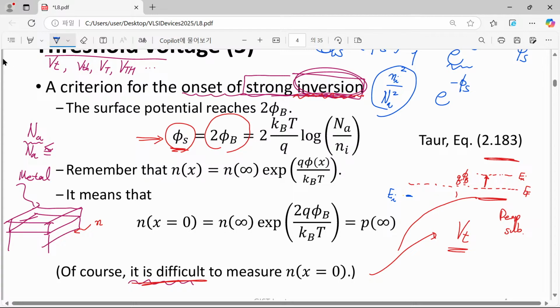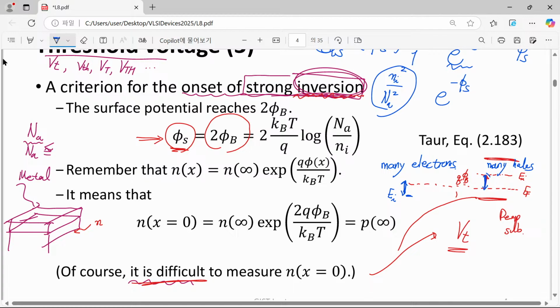In this case, if this energy difference and this energy difference are identical, then what you can expect is, here we have many holes. And in this case, here we have many electrons, and the amount of electrons and holes at these 2 points are the same,